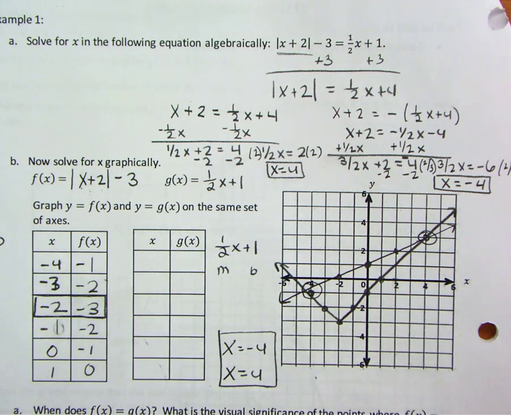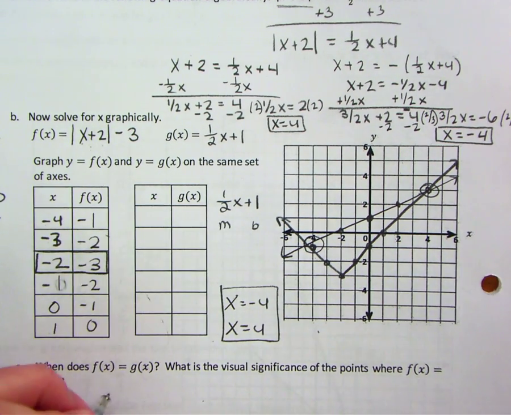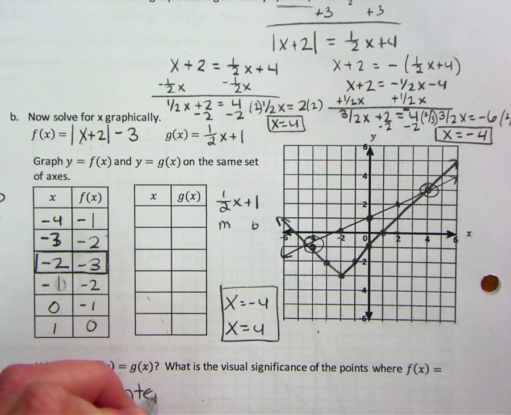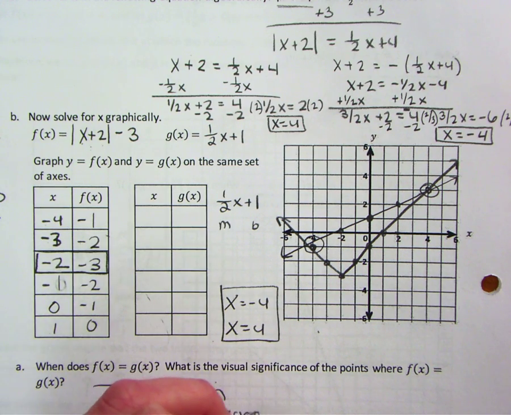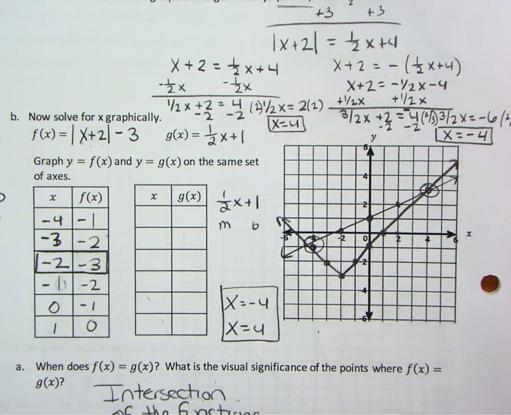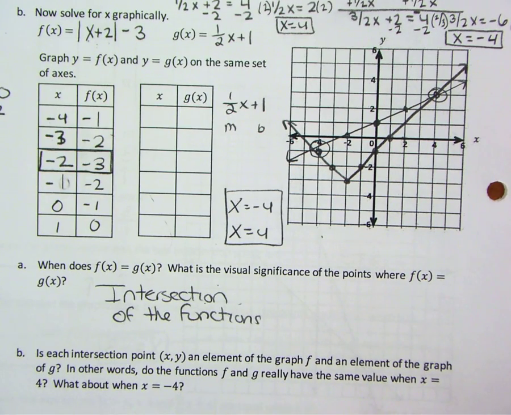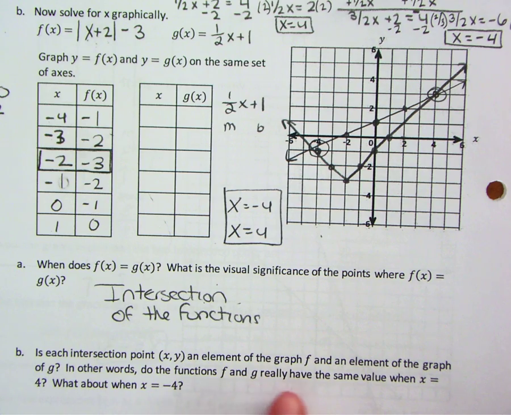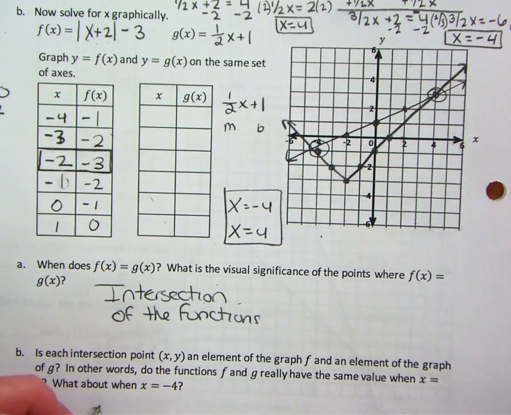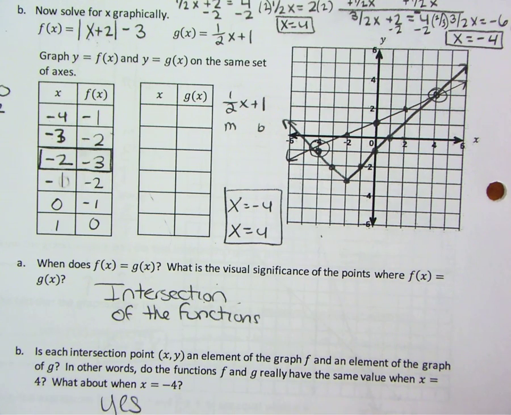So there are some follow-up questions that you can answer. When do the graphs equal? It's at the intersection of the functions. Okay, and that's where they meet. And then it says if it's an intersection point, it's an element of f and an element also of g. Do the functions f and g really have the same value? And the answer is yes. They share the same value at those 2 points. Are the x coordinates